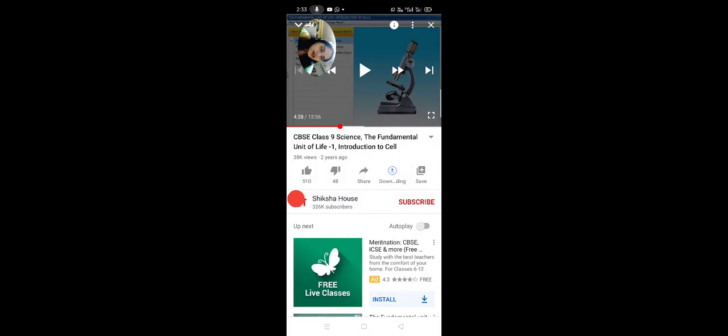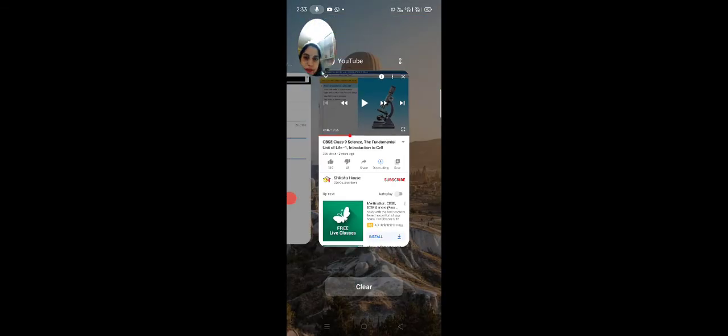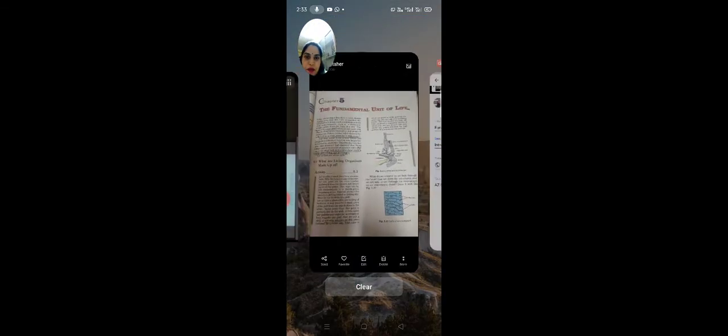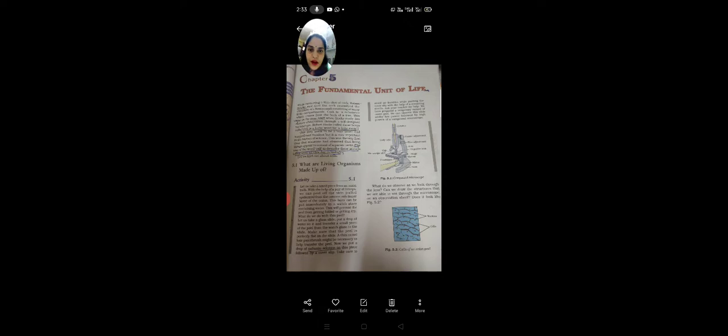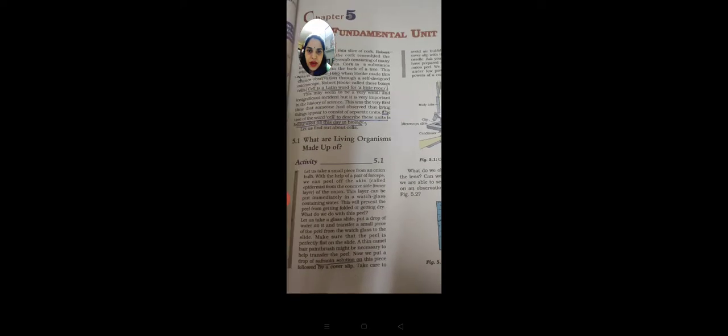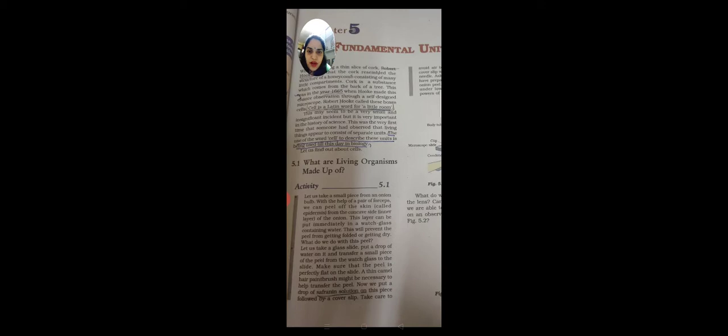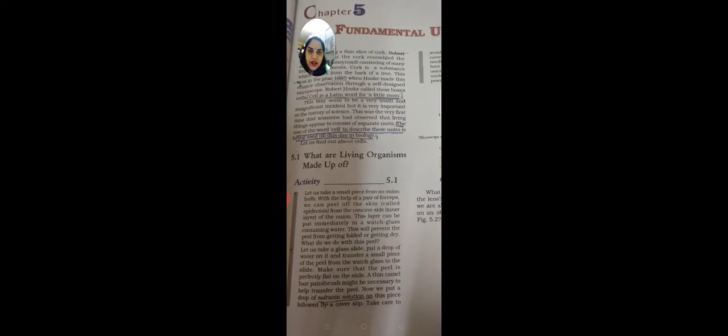Before watching this video further, let us go back to your textbook. See your textbook. Page number 1. What are living organisms made of? There is an activity given to you, activity number 5.1. You have to do this activity in school, but the schools are closed, so it is not easy to do